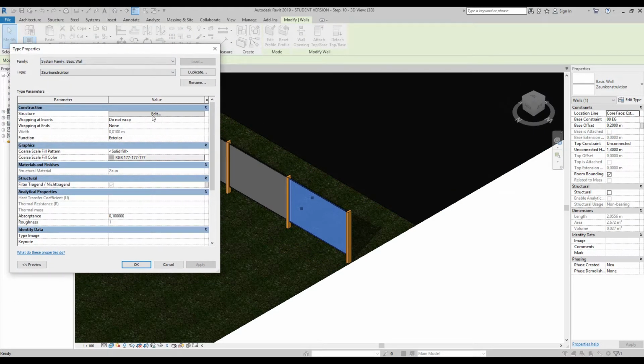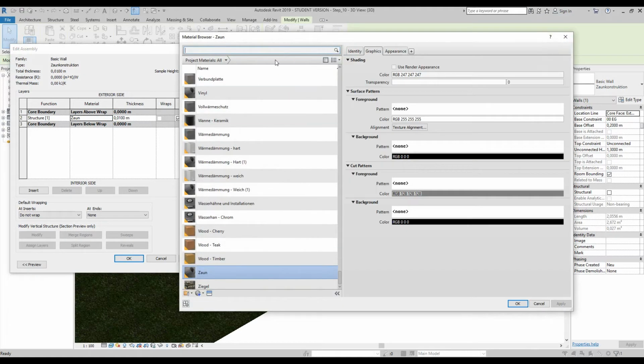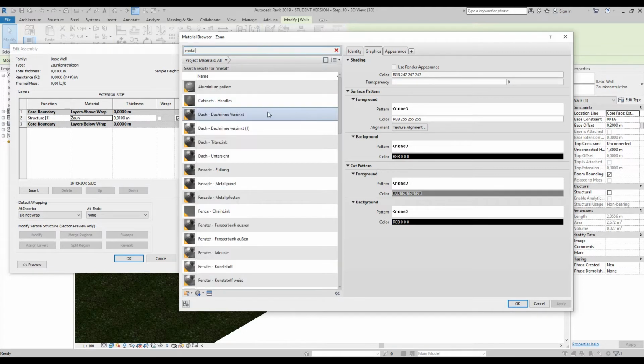We're going to change the structure, so we press the edit button. This is where we're going to change the materials and the build up. So we go to the zoom, change this, and if we type in metal and then we go to the appearance setting,